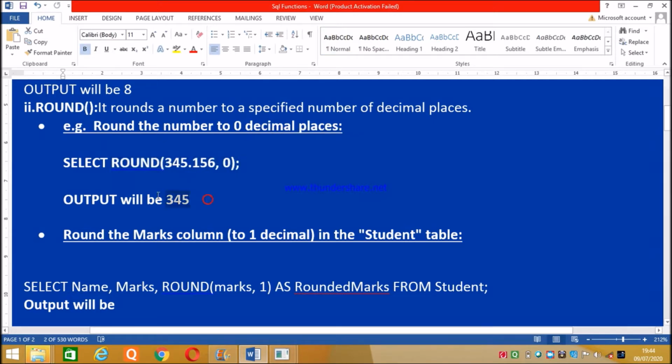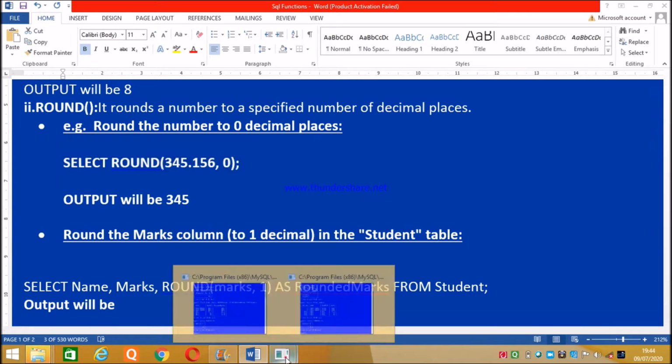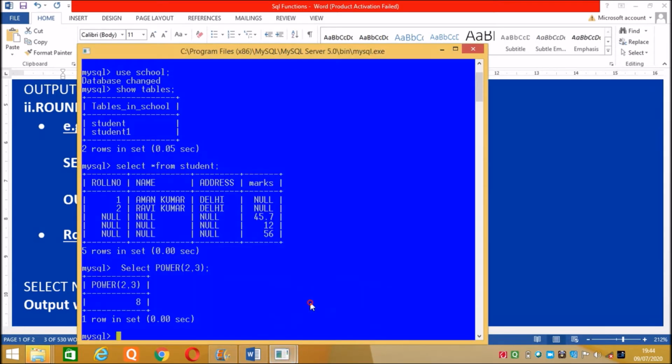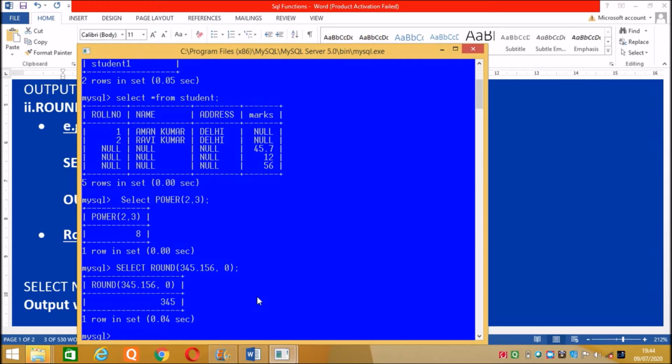So the output will come here as 345. I will copy down this command, then paste it in MySQL. Now see, it will show you here 345 because we are writing up to 0 decimal places.